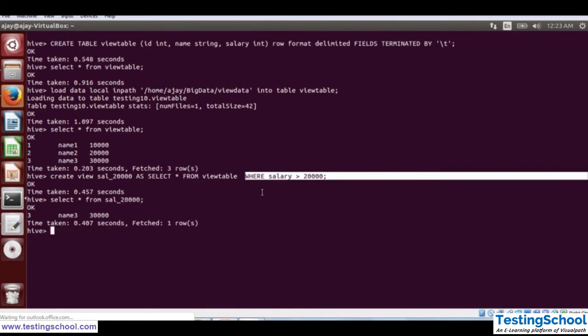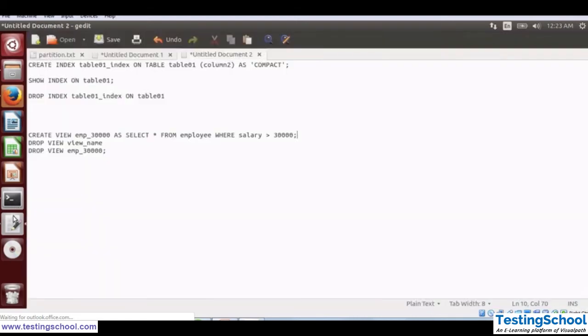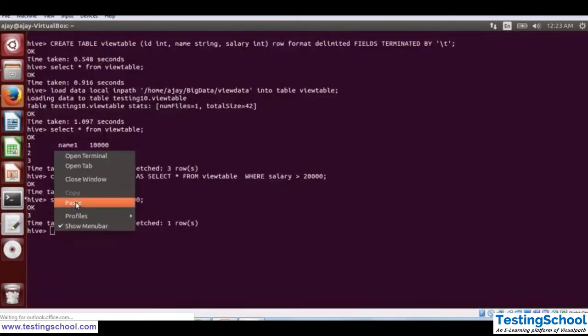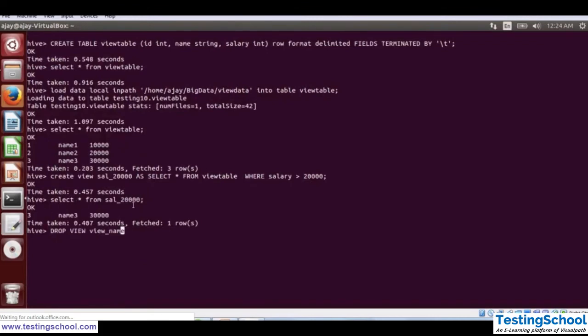Now you can drop your views as well. You can drop a view using drop view and then the view name. Our view name is sal underscore 20,000, and then semicolon.